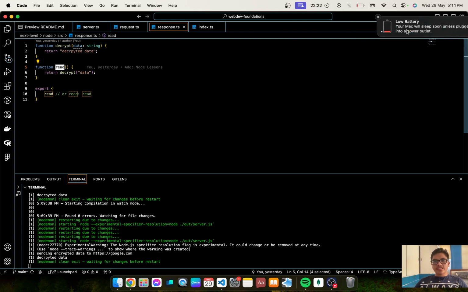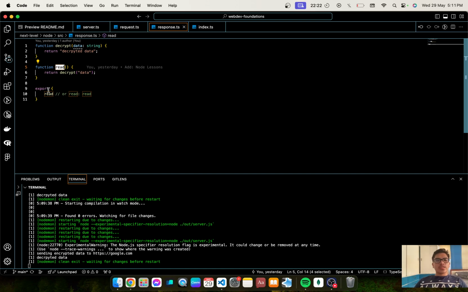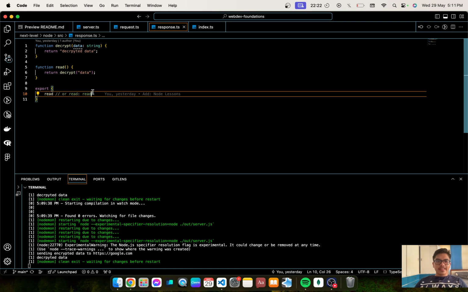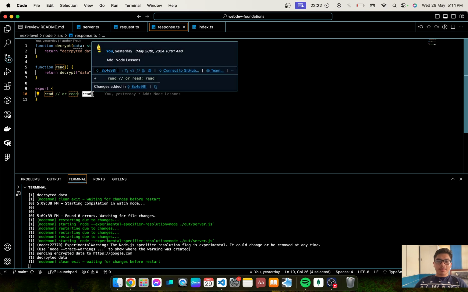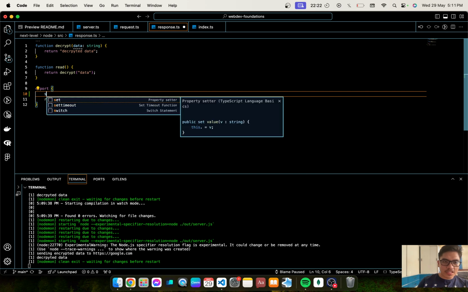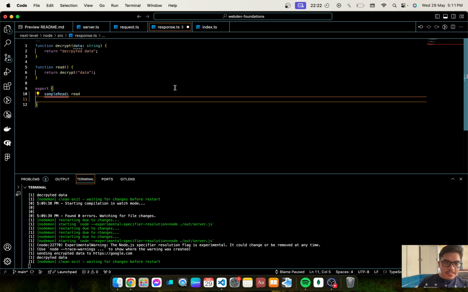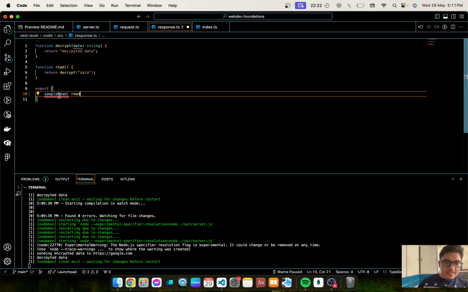So similar to our export in send, we also export here our read function. Okay? And you could also use read and put the corresponding value. So for example, here we can use random, for example, sampleRead. Okay? sampleRead.